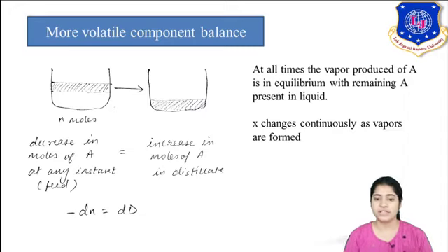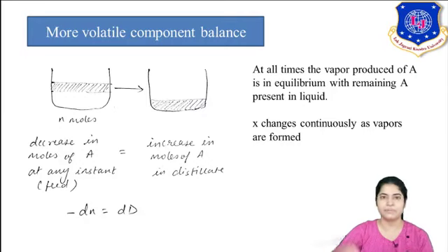Try to understand. A in your vapor phase is always in equilibrium with your liquid phase. Equilibrium is there, but your equilibrium condition is changing very fast. At every small second of time, whenever vapors are produced, they would be in equilibrium with the liquid. But you are continuously disturbing the equilibrium condition by gradually increasing the temperature. What did I say in the last lecture? That as you change your operating condition, your equilibrium condition is disturbed.